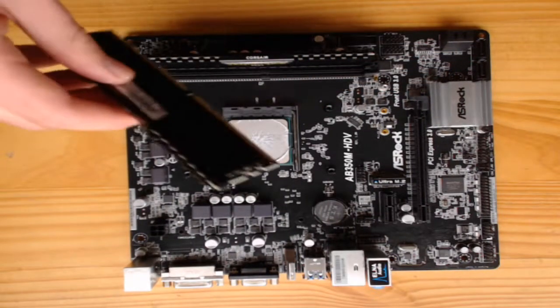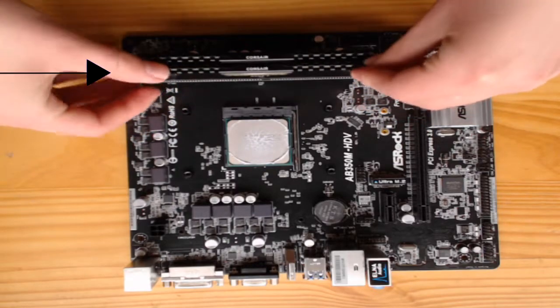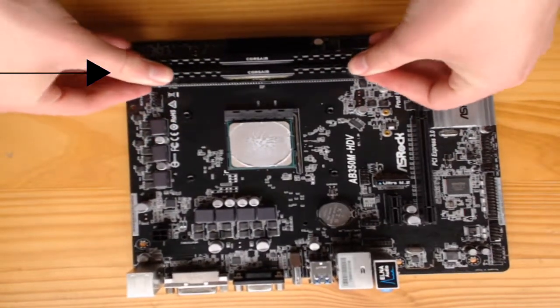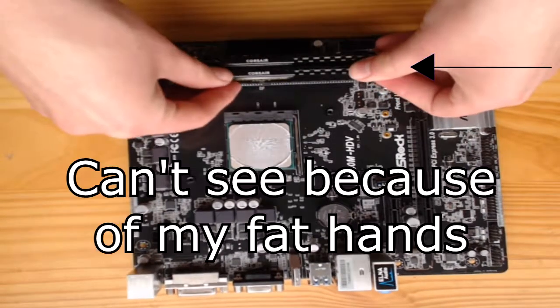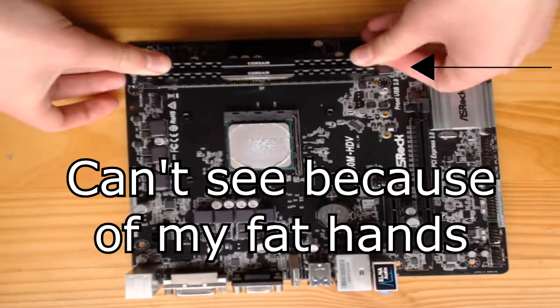There are different ways motherboards secure RAM. You usually see one side of the RAM will not be adjustable and the other side of the RAM slot will open for you to put the RAM in, and then when you close it up,